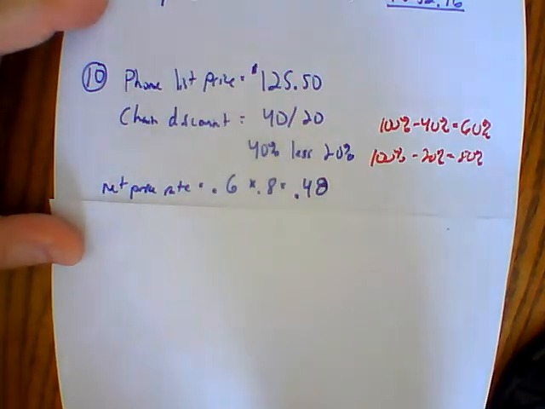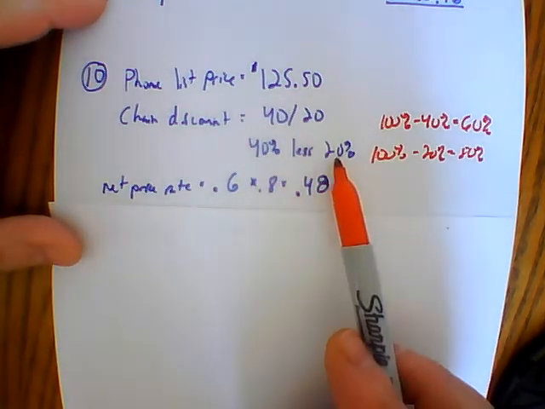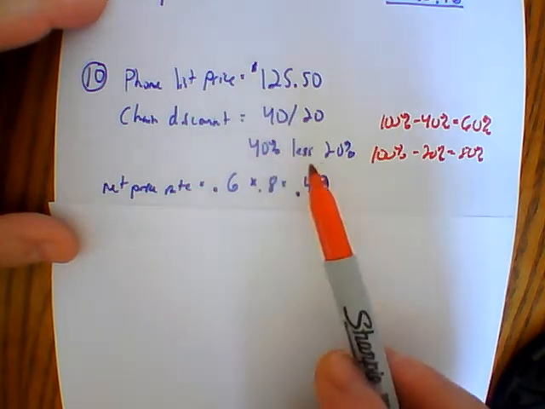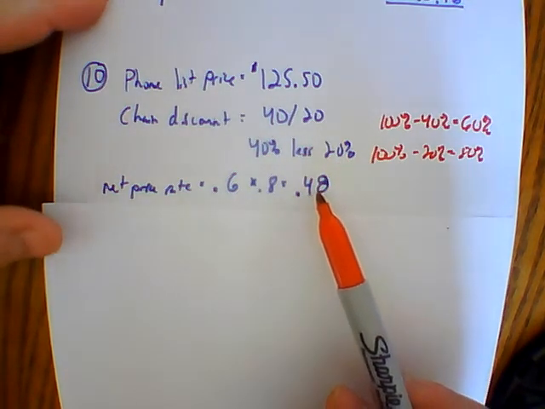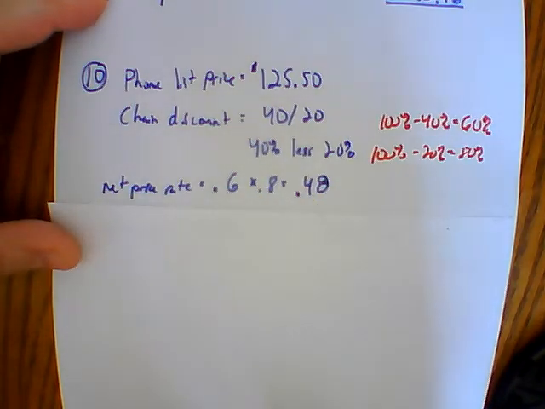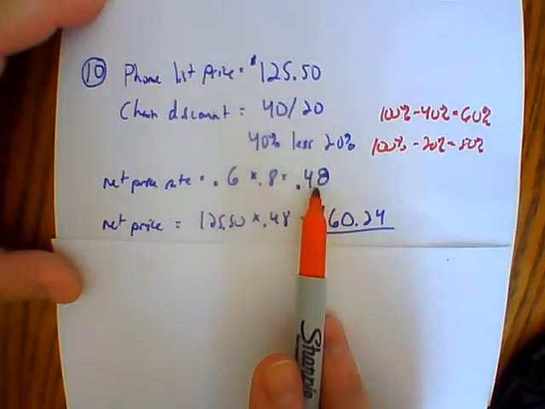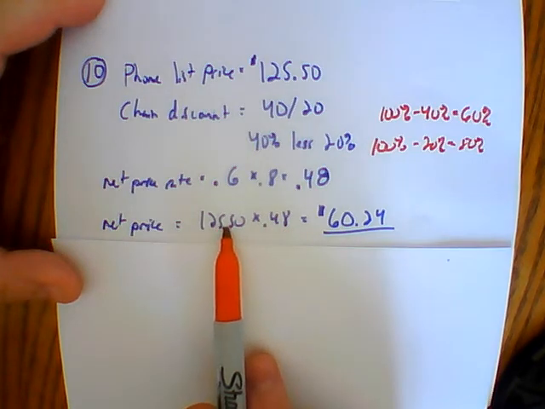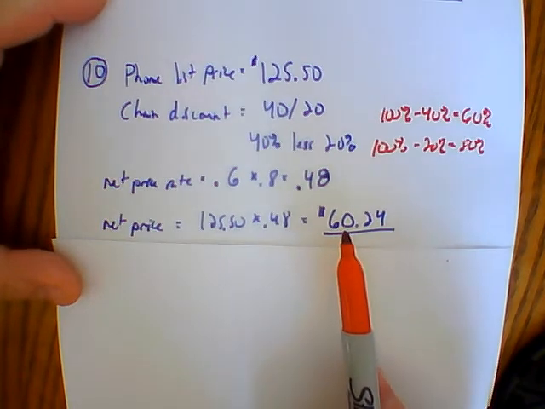So we have 0.48. This is not 60% off where we're paying 40%. No, this is 40% with an additional 20%, so we're paying 48%. We're only getting a 52% discount here, so 0.52 would be our discount. Then we take the complement and multiply it by the list price, and we see that we're going to be paying